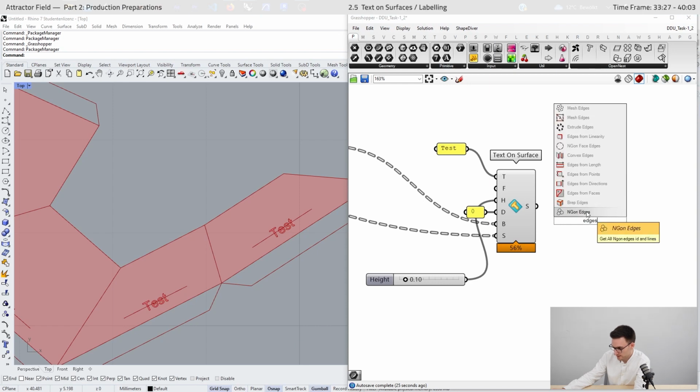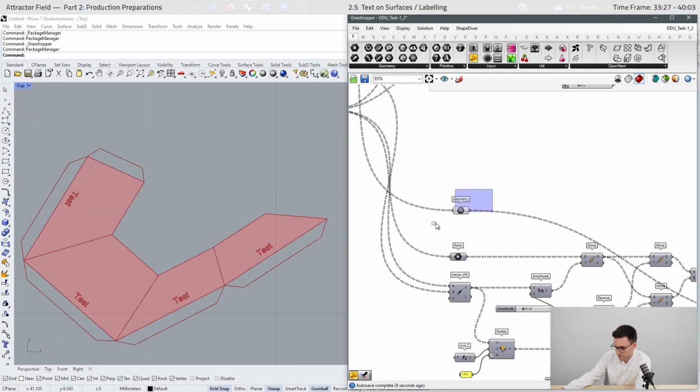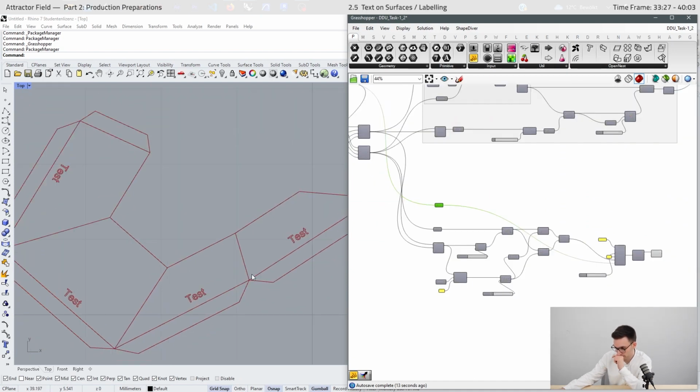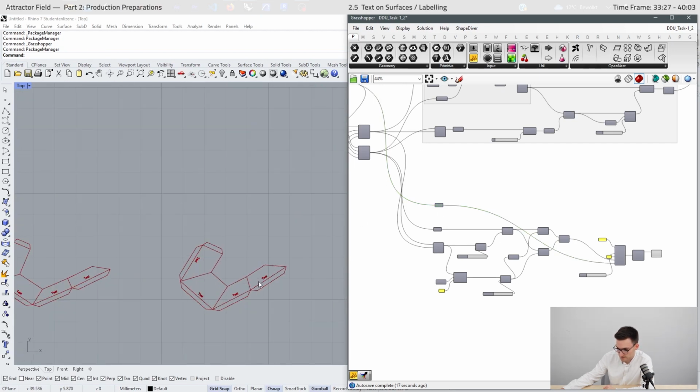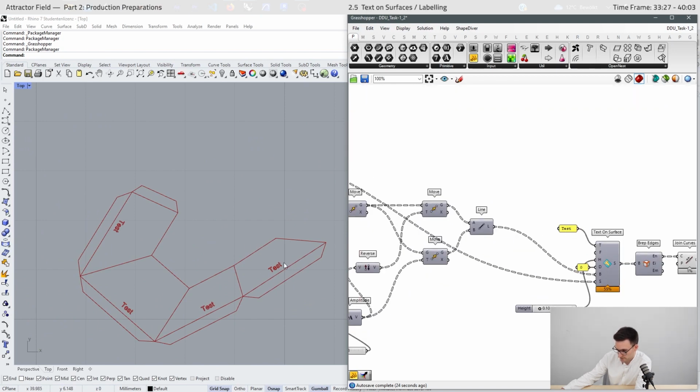Can receive the edges, join the curves together, disable this preview, and now we have to create a text. So every surface has its own ID, so we can recognize it.